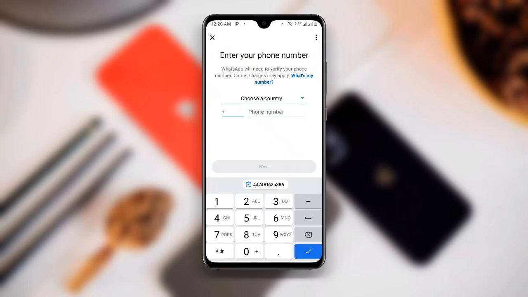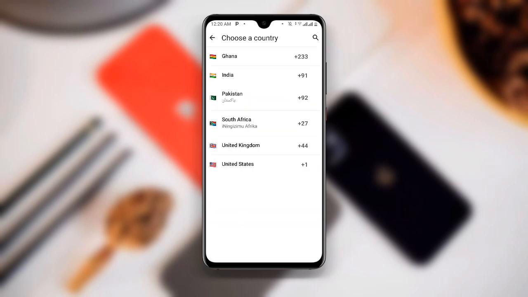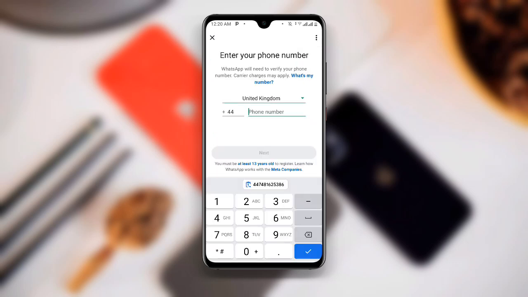Now once you open your WhatsApp, make sure you select the country over here. Now we selected UK number, so you need to make sure you select your country to be UK. And now let's paste the number over here. Please make sure you don't make any mistake. Follow all the steps so that you don't make any mistake. So delete the 44 because the +44 is already here. So when you copy the number and see the +44, just delete the 44. Now click on next over here,